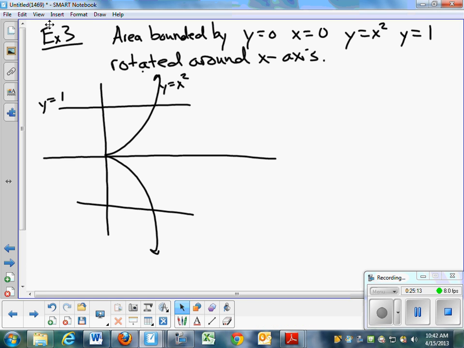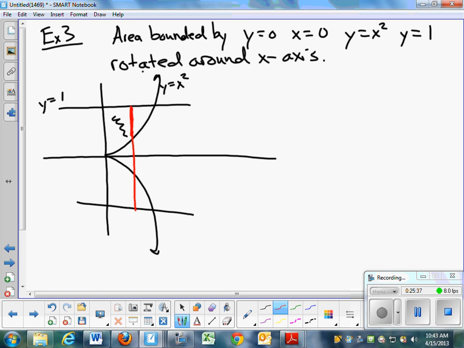So this is the region that I want to revolve around. Watch what happens if I slice it, okay? I'm just going to slice it by drawing a line this time and draw my new shape over there. If I take any part and slice it, obviously I'm going to come up with a circle as I rotate it, right? But